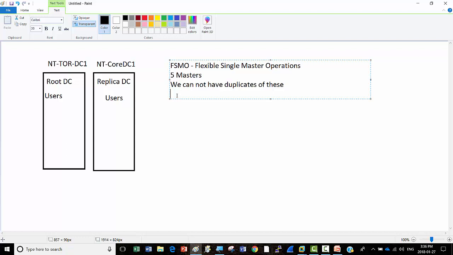We cannot keep a copy of them like in the case of high availability. If something goes wrong, we have to transfer the roles. The word transfer we use when our environment is running and